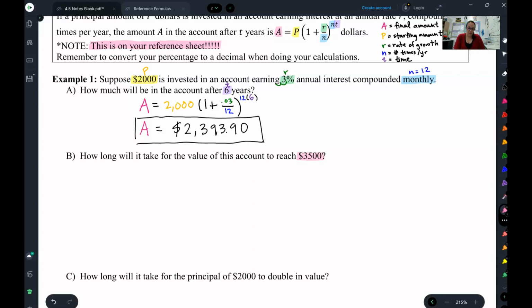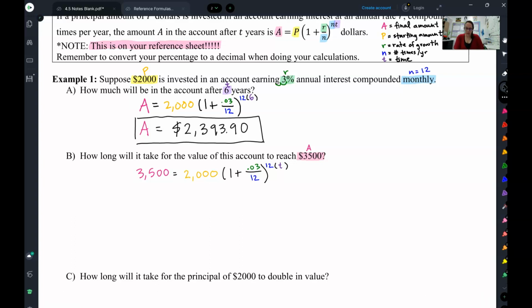Well, that $3,500 is a final amount, so that is A. So if I write in what I know, I have A, my P, R, and N are still the same. However, this time, I do not know what T is. I'm solving for how long will it take. So I have this. Let's simplify as much as we can down,